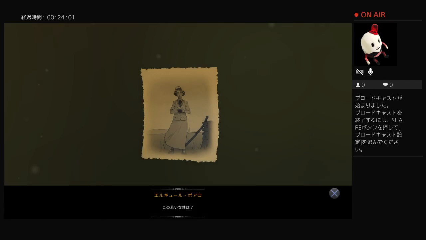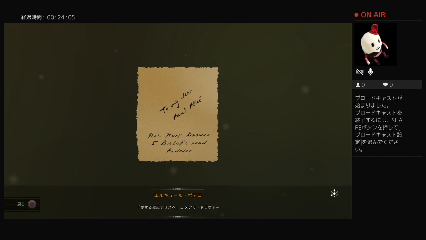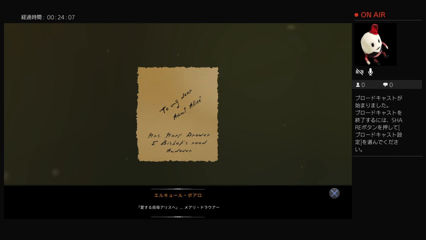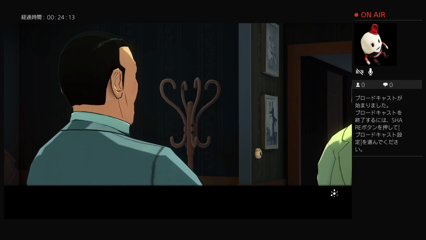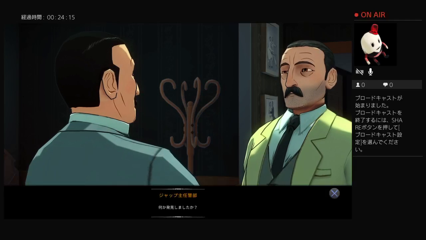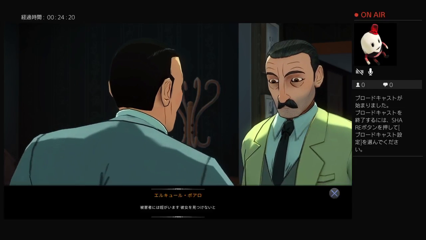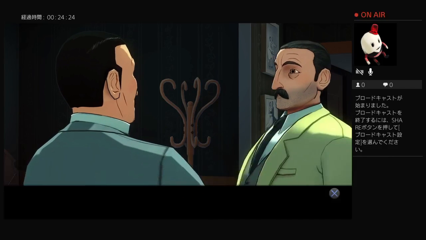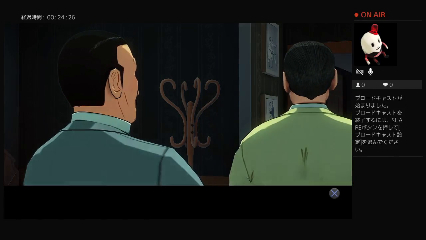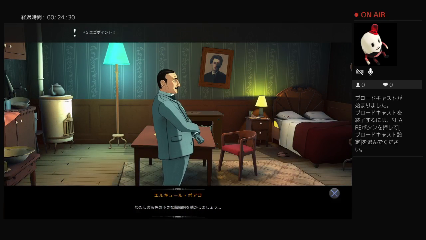Who is this young woman? To my dear Aunt Alice, Mary Drower. 愛するアリスへ、メアリー・ドラウアー。なるほど。Have you found anything? 何か発見しましたか？The victim has a niece. 被害者には姪がいます。We must find her. 彼女を見つけないと。Let us now try and get our little brain cells to work. 小さな脳細胞を動かしましょう。